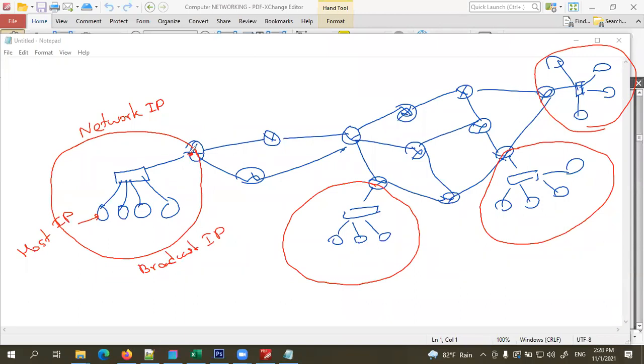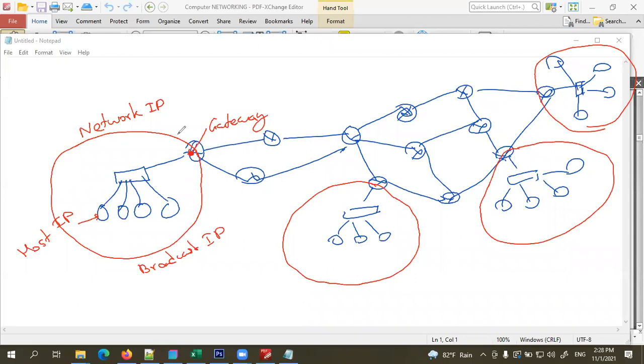And this point is where all the data go out to access outside networks. So this point is called the gateway. Gateway is the point where all the data go to access the outside.